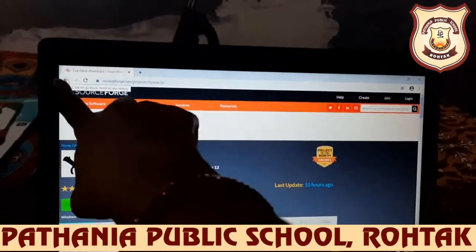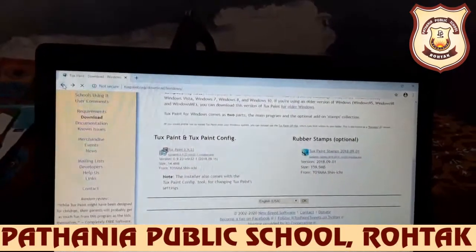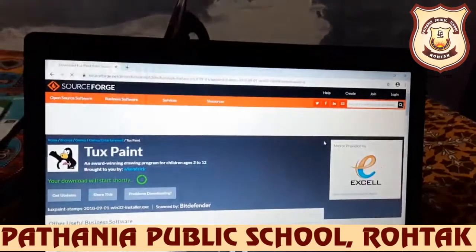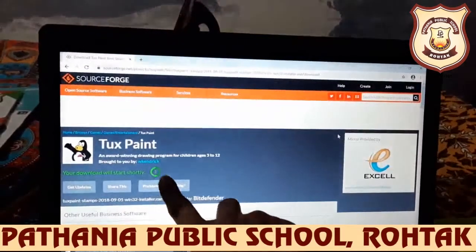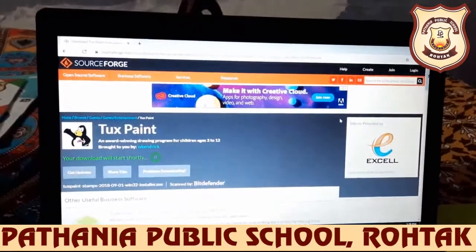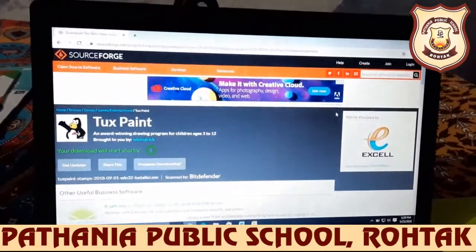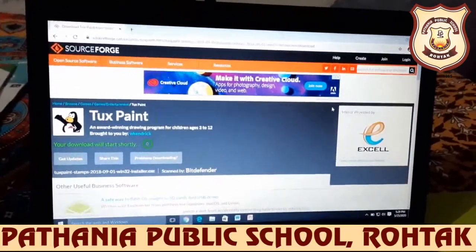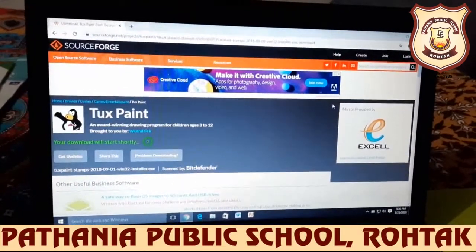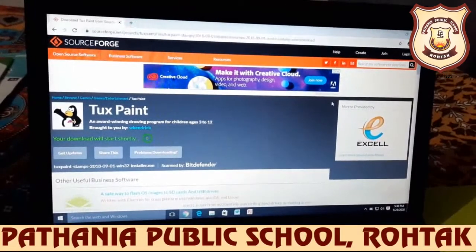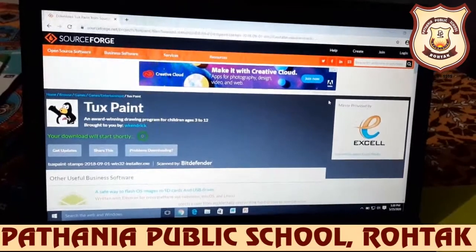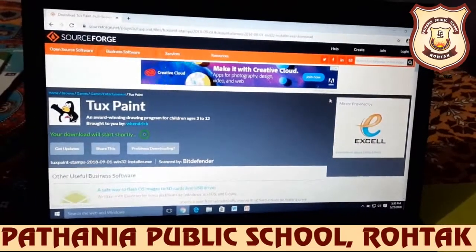Just click on this back button and now click on the Tux Paint stamps. Okay, again after this processing our downloading of stamps will start. Okay, it will take some time when we are installing the stamps, as its size is a little bigger than the Tux Paint software.